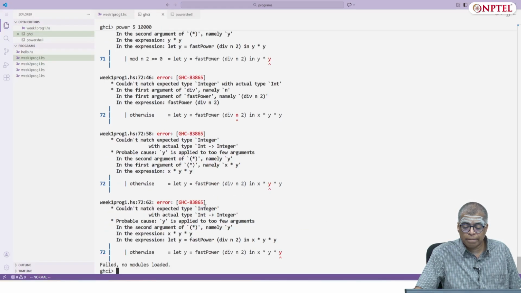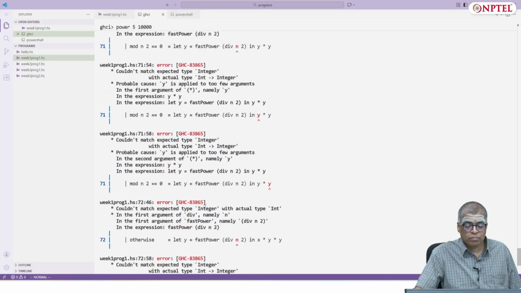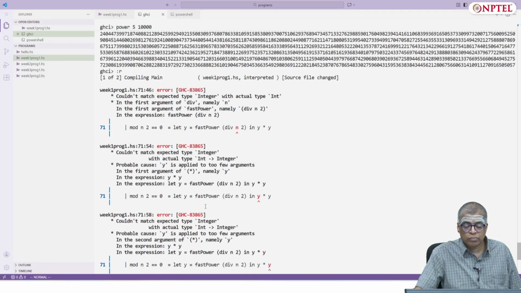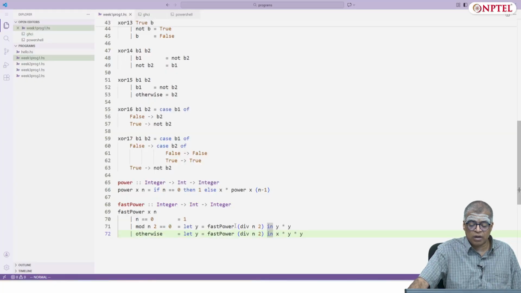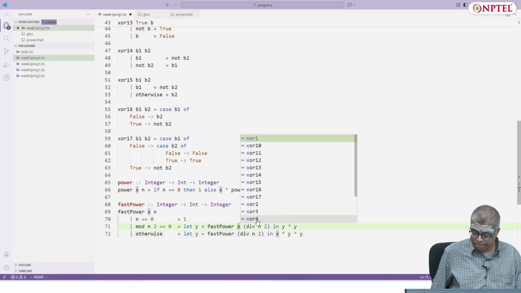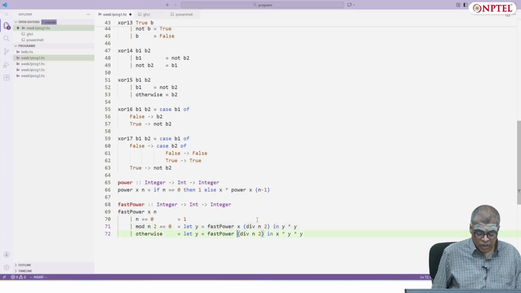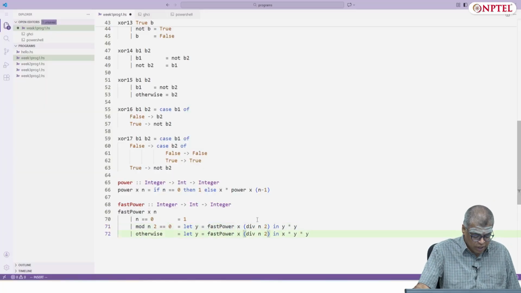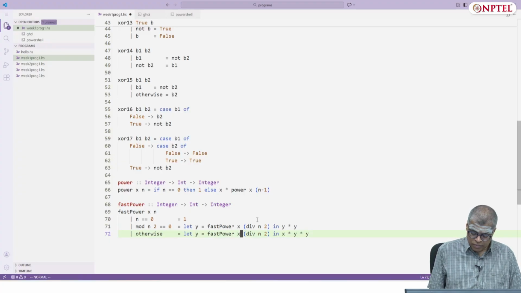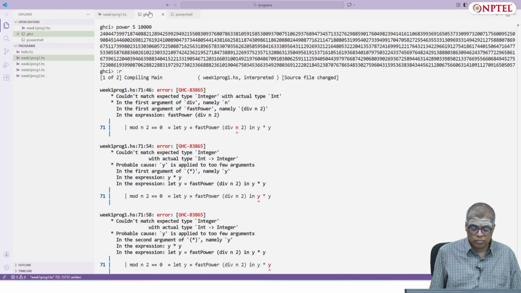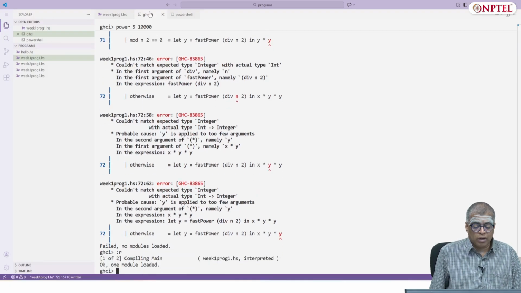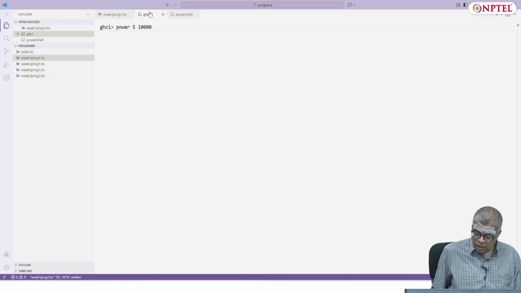What is the error? The error seems to be that, so it's a silly error. I missed out an x here: fast power x div n2. Yeah, that should be it. So let me reload the program again. Now it compiles, and let me ask for